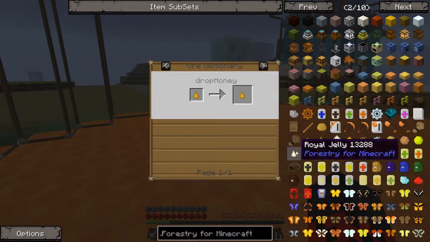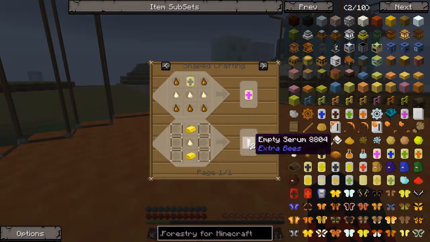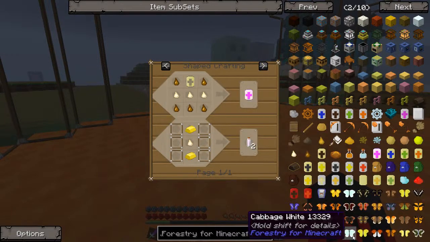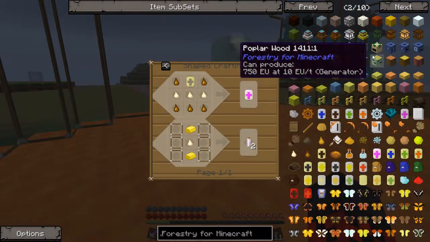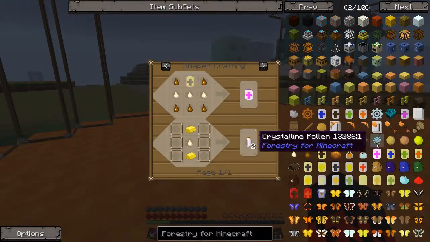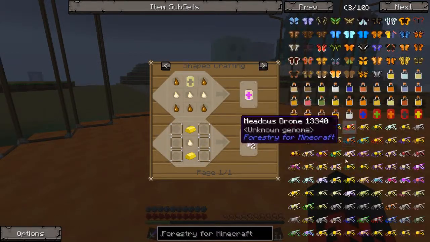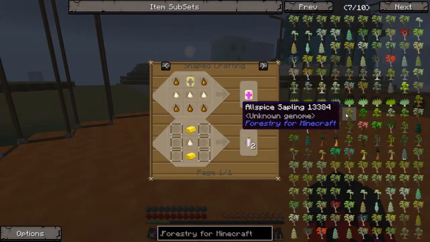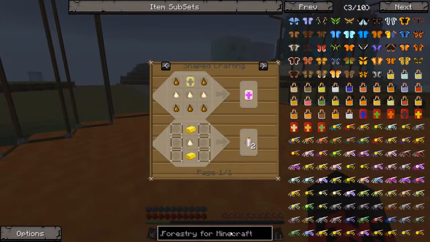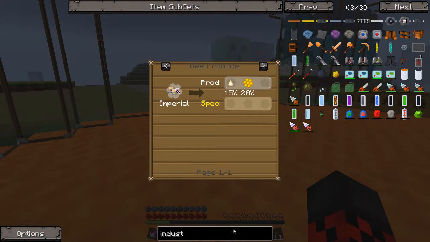Let's see, where's the... There it is, royal jelly. So this is what the imperial queen makes, and it's used to make these empty serums, which is super, super, super important. That's how you move traits around and stuff. And the other thing you need, which I am lacking, where in the world is it? I can't remember what the name of it is, but I know there's one other thing that you need to find. And I think, let's see, if this comes from imperial, industrious, must be,